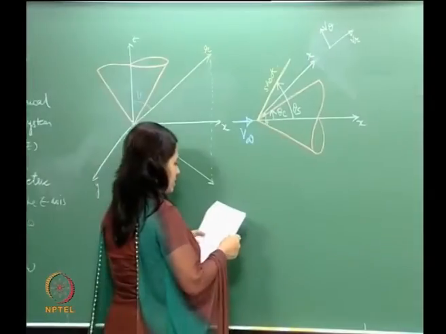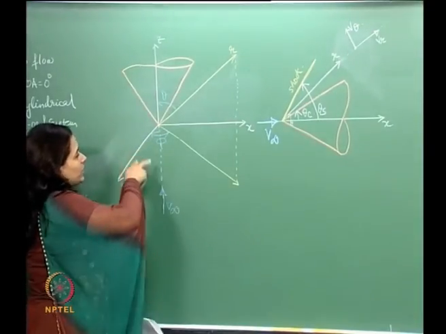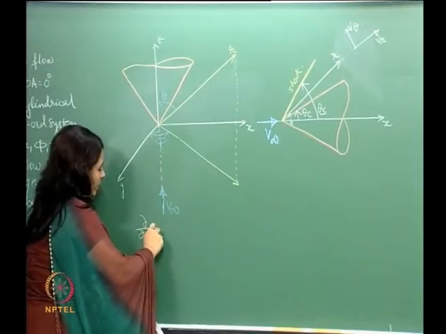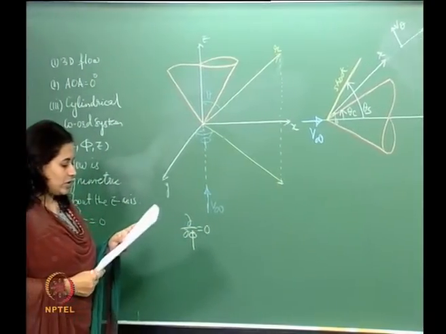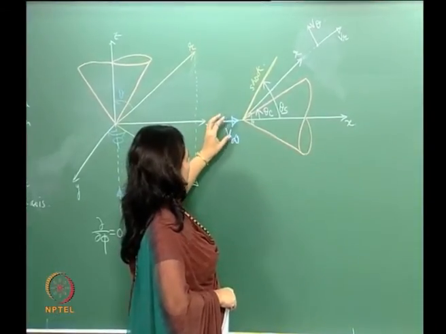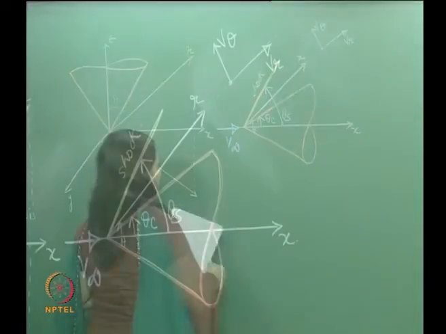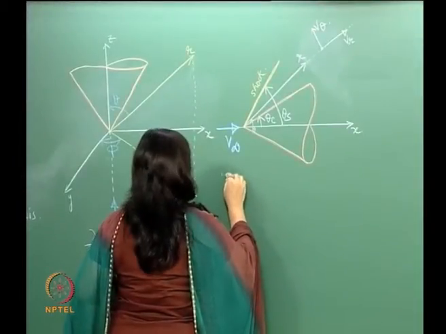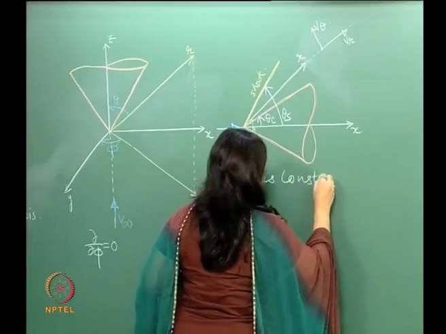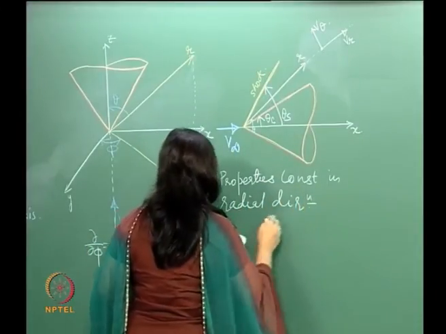So, like we said before, del phi is equal to 0. There are no derivatives there, because it is axisymmetric. Properties do not change in phi. So, this is 0. Okay. Also, if you look at this diagram, properties are also constant along a radial direction, right. So, let us write this, properties are constant, right, which means that